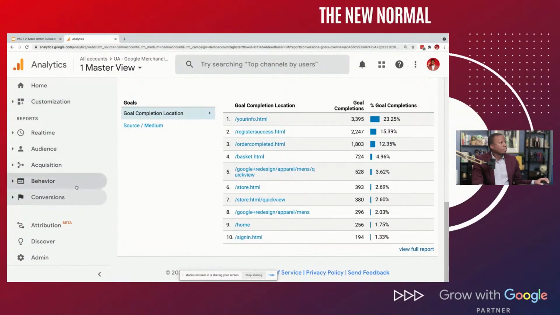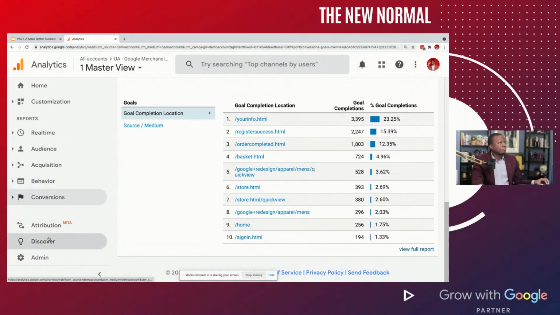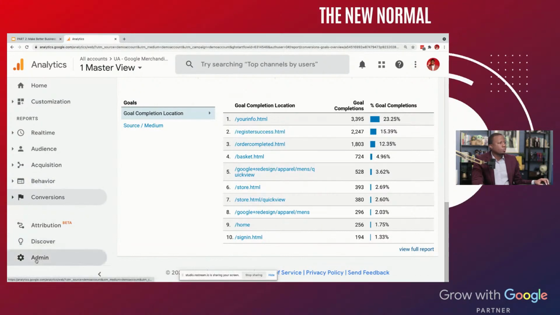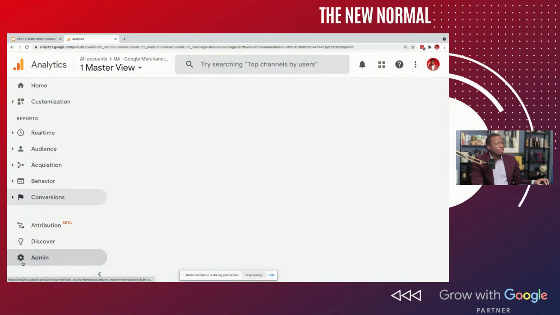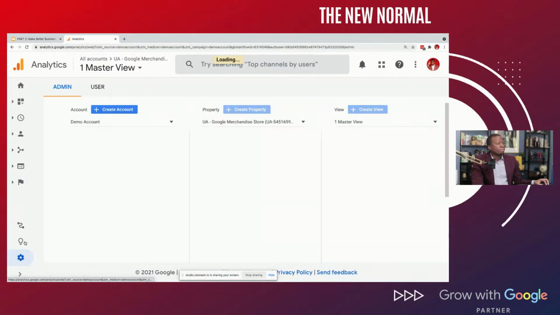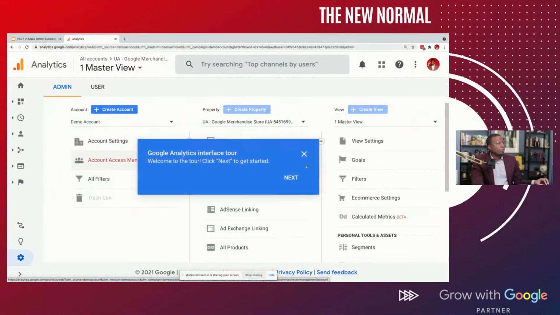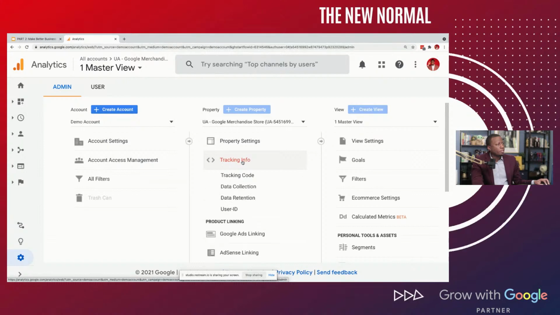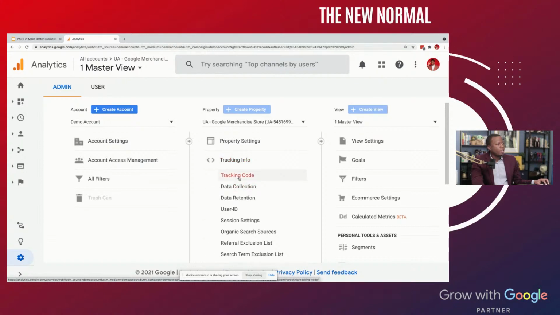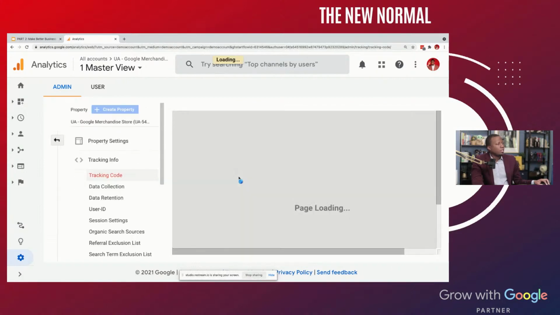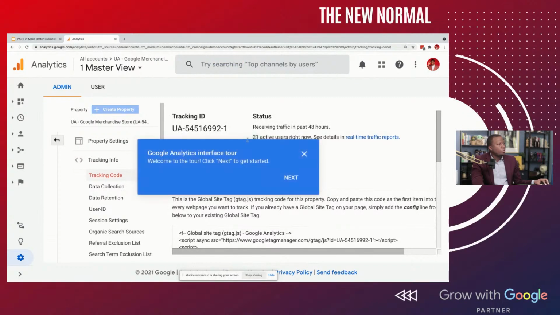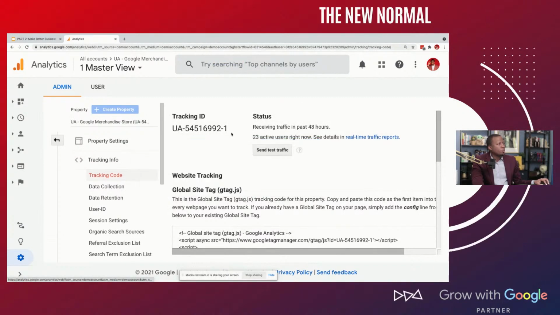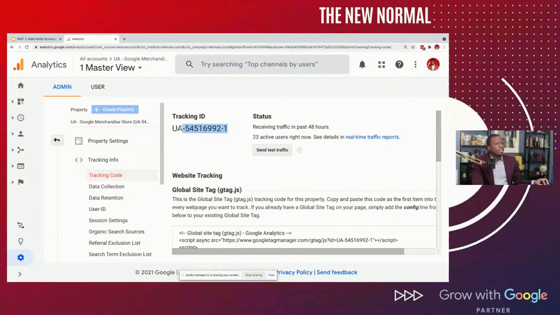So if you go into analytics and you scroll down to admin over here on the left, it's going to open up, and click on tracking information right here. It's pretty simple. Click on tracking code, and what it's going to do is give you a code to track. So this is your unique ID for Google Analytics right here.